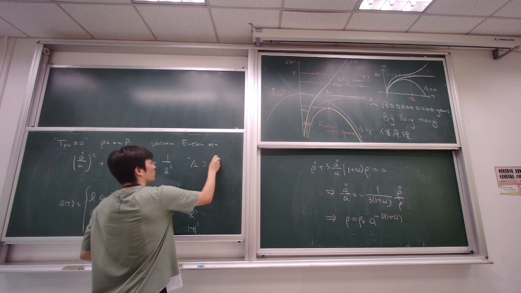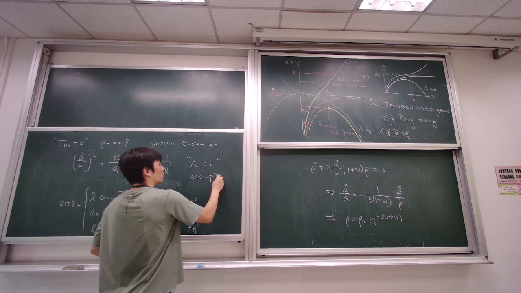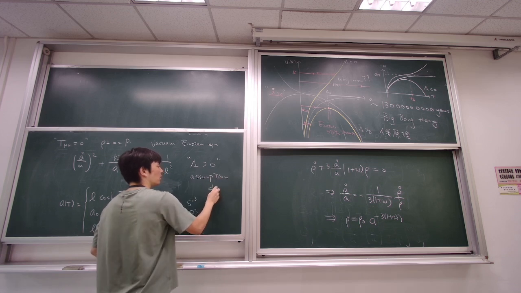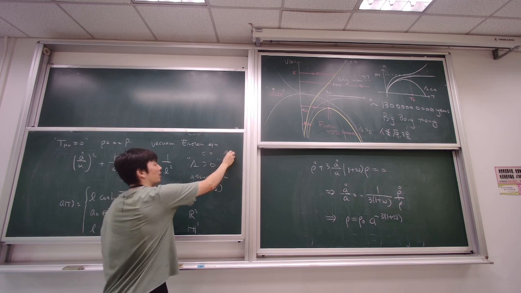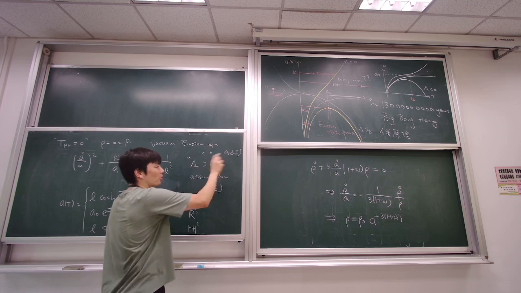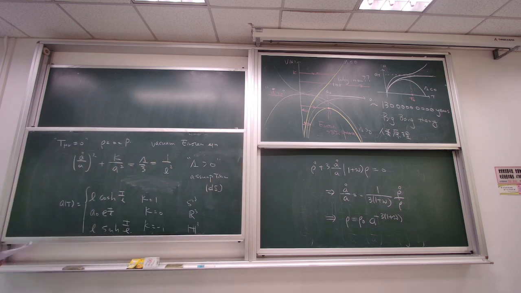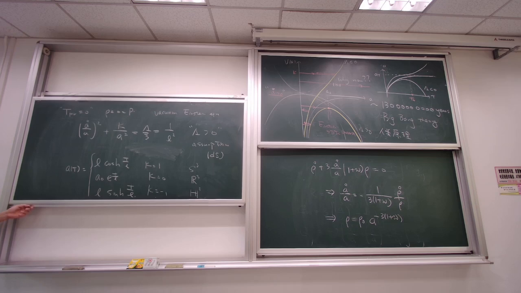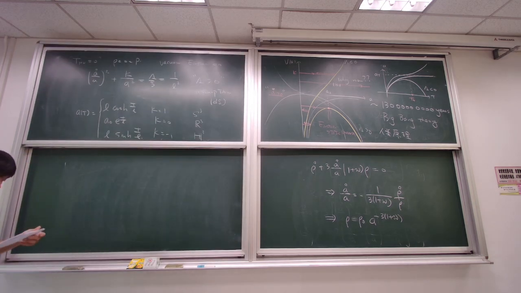We assume this in order for the universe to be expanding. So this is called de Sitter. If it's negative, it's called AdS, which I'm going to explain in a later part. The assumption is that lambda is positive, and that gives de Sitter. Okay, and then